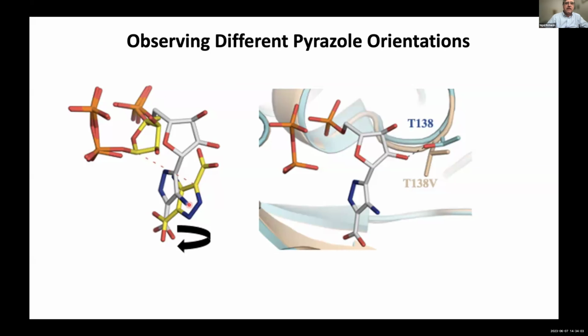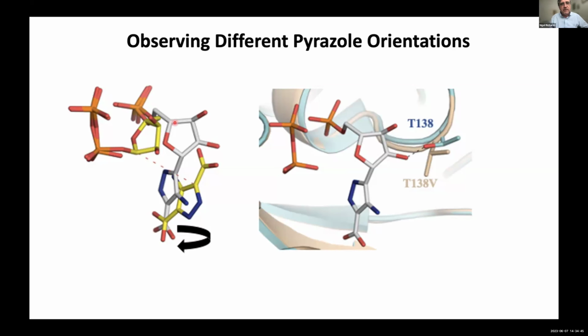My colleagues didn't seem to think of it. I think that was true. I've not shown any of the data, but there are extensive hydrogen bonding interactions that are formed between this ring system and the enzyme. And so this is the kind of thing that goes on in crystallography, right? You trap what you trap. You get the crystal structure of what you get the crystal structure of. But the density is definitely more consistent with this orientation of the ring. So we really wanted to resolve which one of these two orientations was the most likely to be correct, and to begin to understand what was going on in the chemistry.